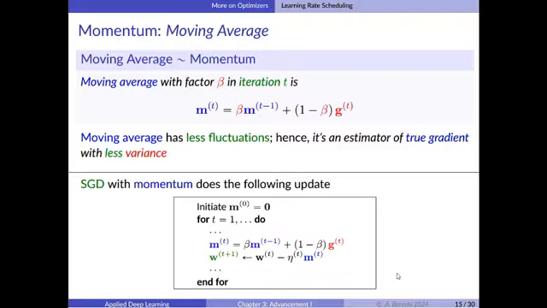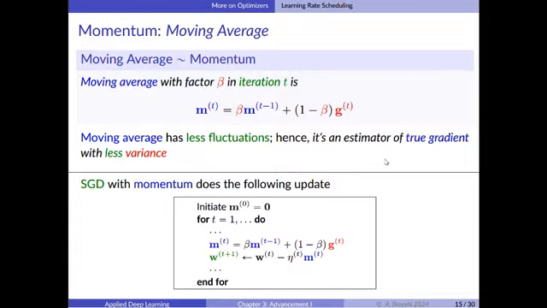Okay, we can compute this moving average. As you can see, it is somehow averaging. It is the momentum in previous time times beta plus 1 minus beta times the computed gradient, and